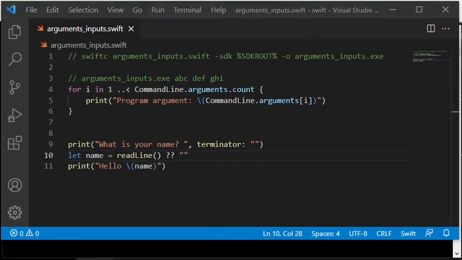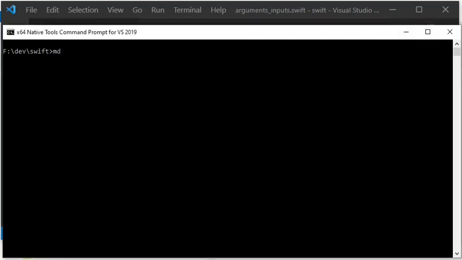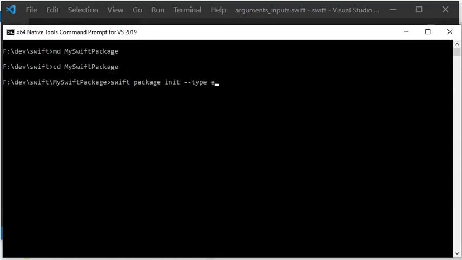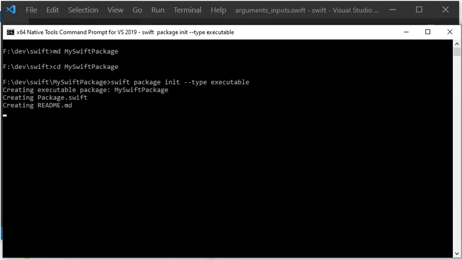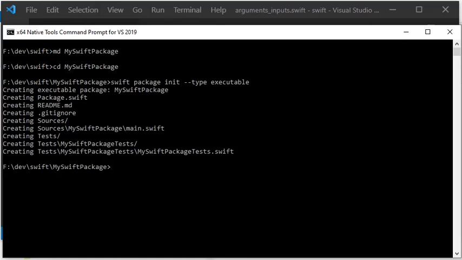So far, I have used the compiler swiftc to compile a source file into an exe file that can be executed. But now I will show how to create a project or a so-called package, which can be executed in another way. Now I create a new directory called myswiftpackage with the Windows command md, and then navigate into that directory with the command cd. Then I use the command swift package init with the flag type executable. Then you can see that some files are generated, for example a file named main.swift in a subdirectory.